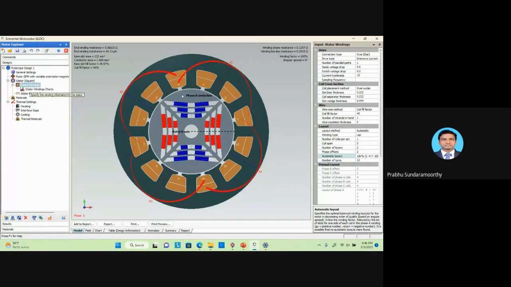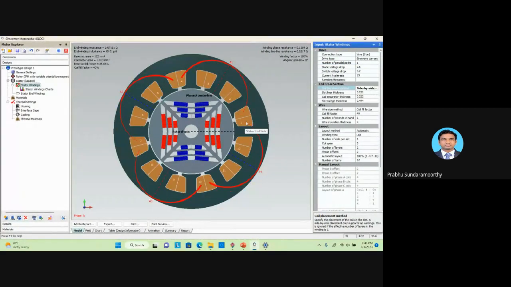So here the stator winding, try to keep always a sine wave here, right? If you keep a sine wave, then only it is an IPM based motor. If you're keeping a stepped wave, then it is a permanent magnet BLDC based motor. So don't keep that, keep the sine wave current, right? And if you are going for more amperes, then keep the parallel path as 2, and kindly select this coil arrangement as side by side, right? So keep the coil arrangement as side by side here, and